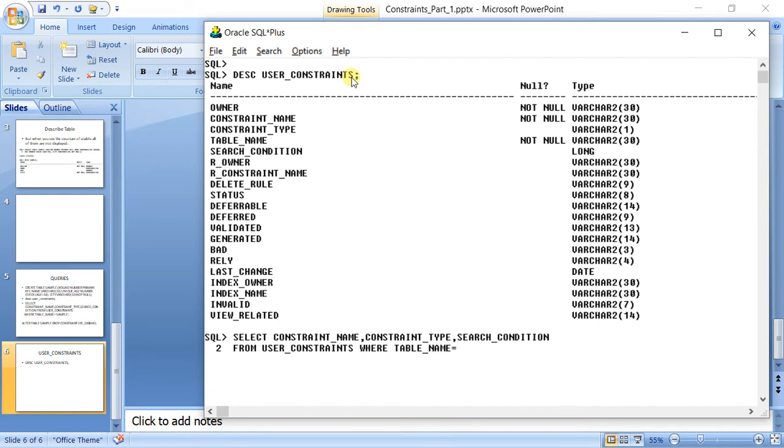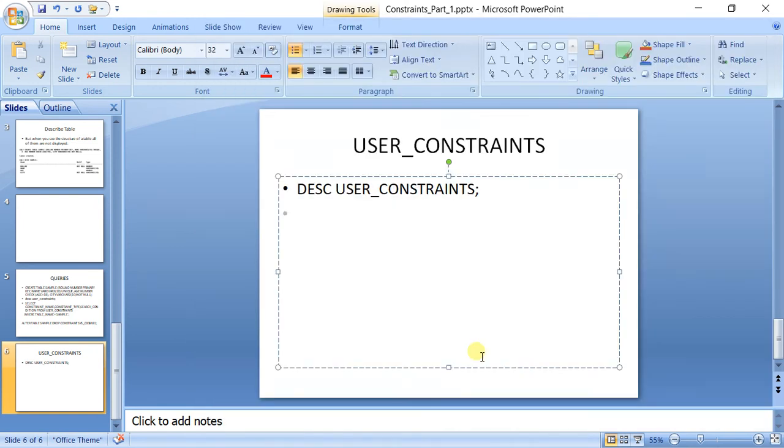Now you have to specify the name of the table for which you want to see the constraint. In our case, it is sample. Please remember, you have to type the name of the table only in uppercase. The query can be given in lowercase, but the name of the table should always be given in capital letters.